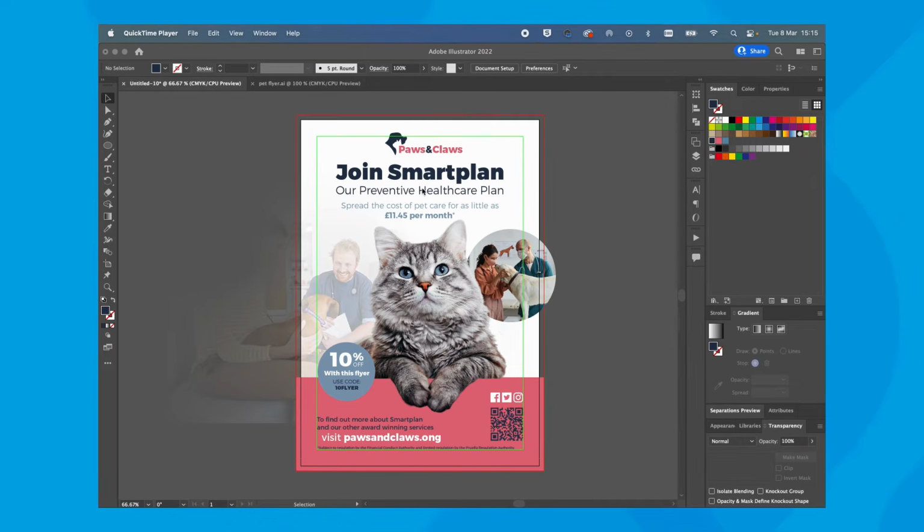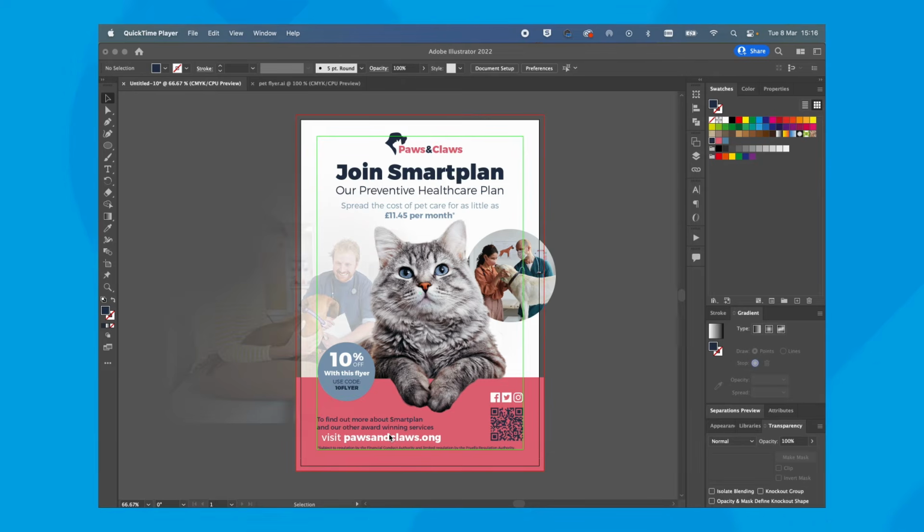So I've been through and I've just changed the weight of these fonts and the colours, just really to make it look as interesting as possible and break it up for the eye as much as possible, and also direct the viewer into the messages you want the most. So headline we want to go to first, and then equally I guess we've got the offer that comes with this flyer, and we've got the call to action here.